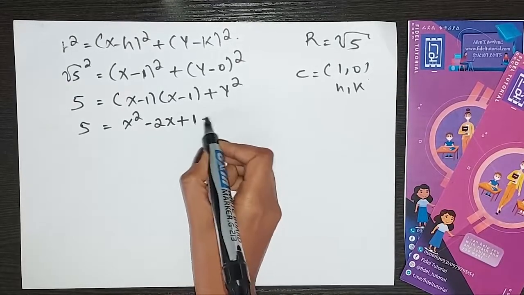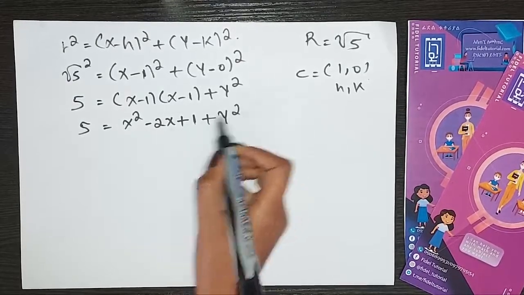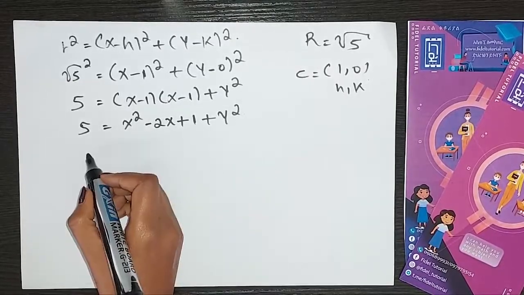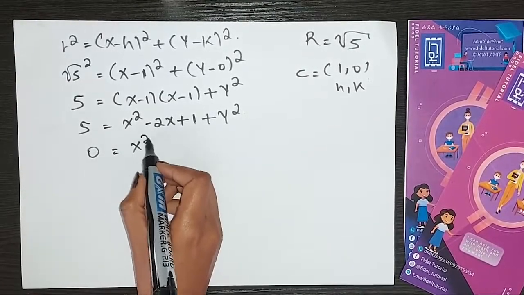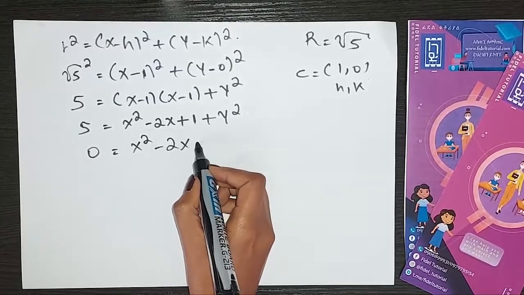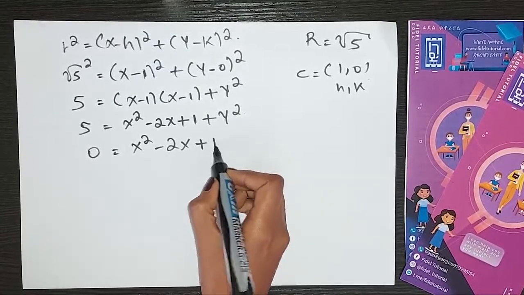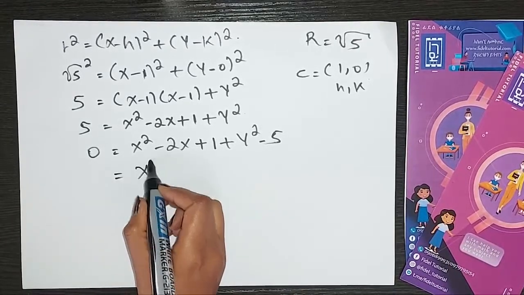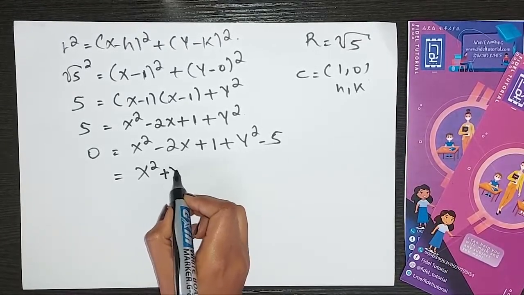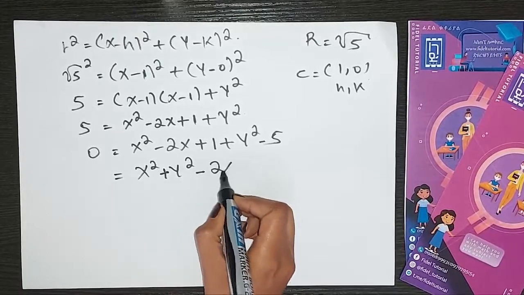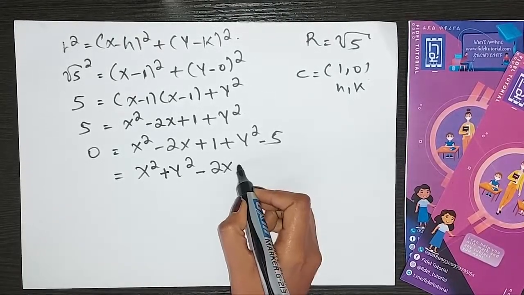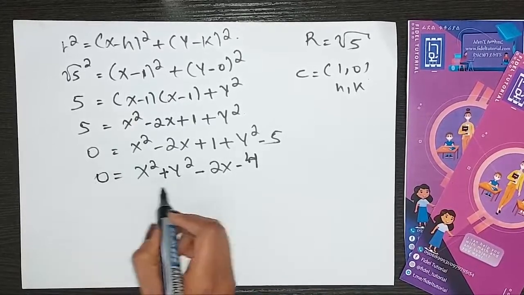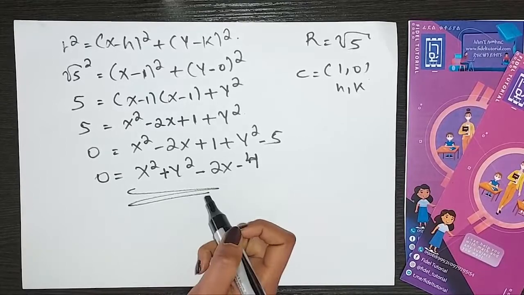plus 1 plus y square, and this value will be, we will take 5 to the other side, and 0 is equals to x square minus 2x plus 1 plus y square minus 5, x square plus y square minus 2x, then 1 minus 5 is minus 4. So this will be the equation of the circle: x square plus y square minus